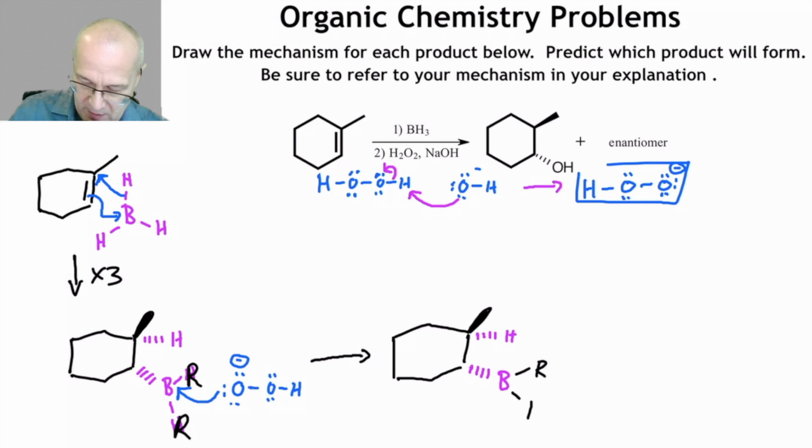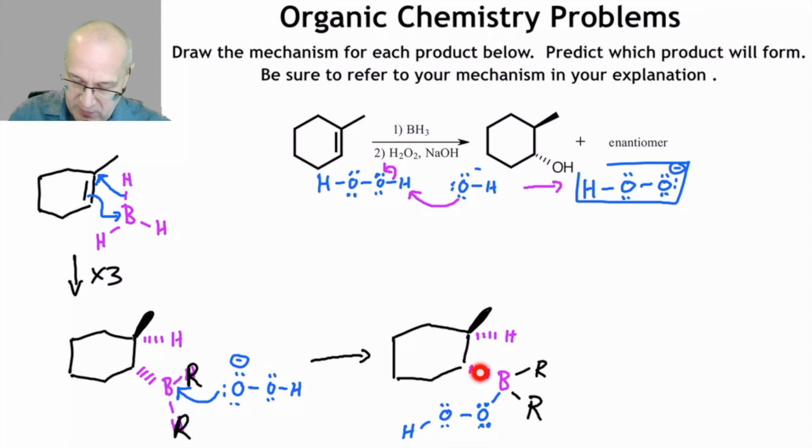R and R. Remember, R is just this. Okay, it's just 2 more of those. But we're only gonna work with 1, but it happens 3 times. Everything I'm doing here happens 3 times. Just remember that. Okay. So now we're going to have an oxygen, hydrogen, all right. And now in this step,